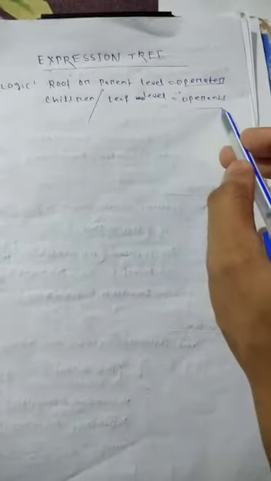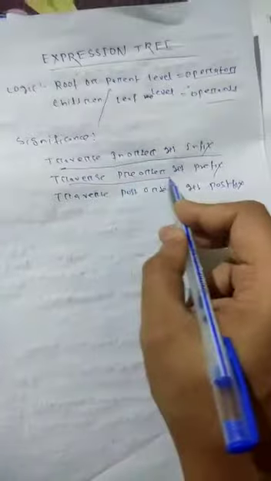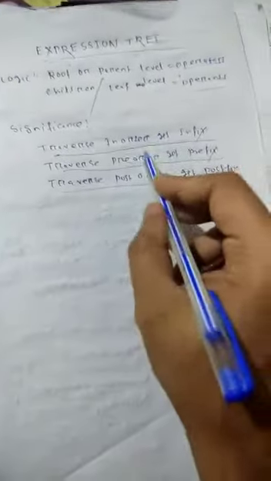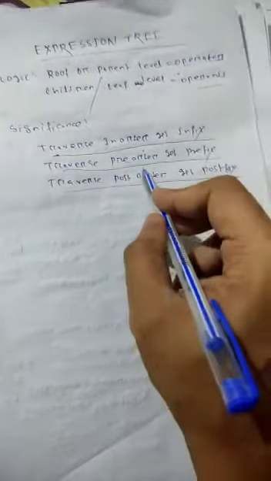So see how. Okay, so what is the logic? Root or parent node is always the operator. You have to remember, root and parent node are always the operator, and the child and the leaf nodes are the operands. Okay. Then what is the significance? If you perform the in-order traversal, we get the infix expression. If we traverse pre-order, we get the prefix. If you traverse post-order, then you get the postfix. From this expression tree, if you perform the in-order, you get infix. If you perform pre-order, it gives prefix. And if you perform the post-order, you find the postfix.